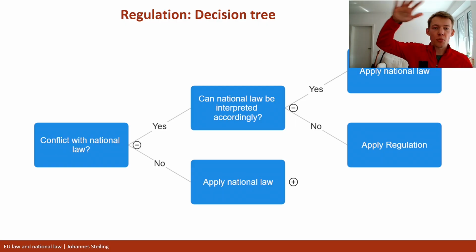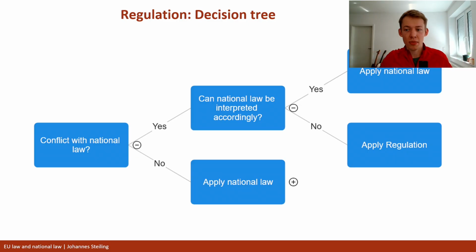So first we would say we need scope of EU law, right? If we look at the requirements, but scope of EU law I kind of skip, because if there's a regulation applicable to the case then obviously there is scope of EU law. And then the second question we won't really ask with the regulation is if it has direct effect, because in general the ECJ has held that regulations have direct effect, and if you have a problem with direct effect, for example in an exam, it will always be the directive, or primary law, but most of the time the directive.